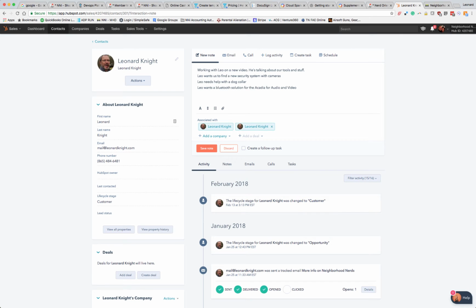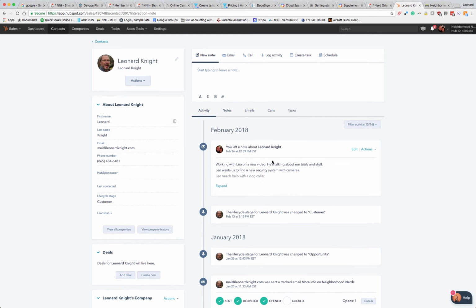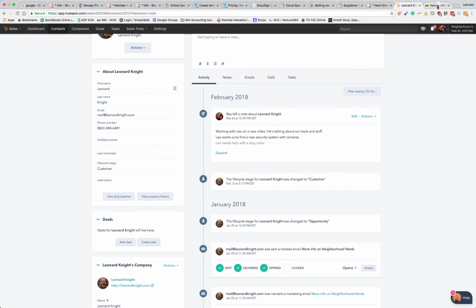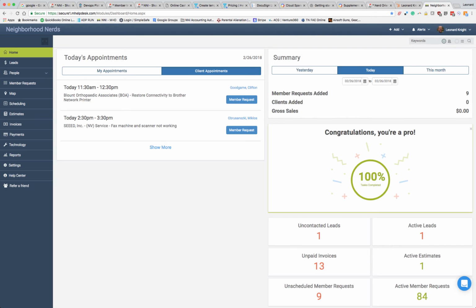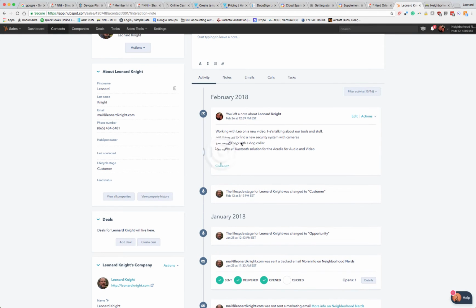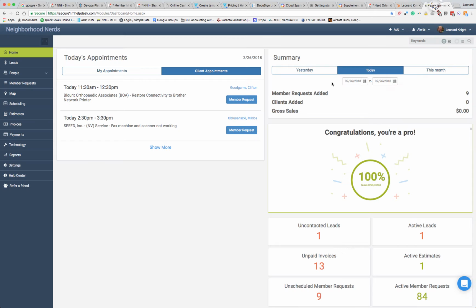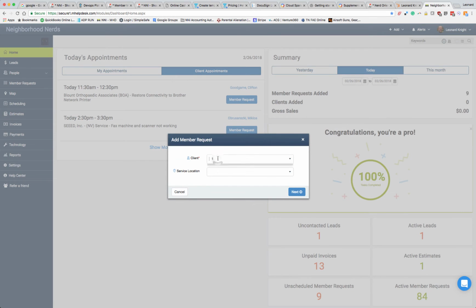You don't have to get distracted with setting up a member request, or all of that complicated stuff inside of help desk. You just write, record, all that jazz. Then you save this note whenever you're done with talking to the member. Now you go over and you can create a support ticket from these things that are in here. So anything that you thought should be a support ticket, you can go over and create a new one. So you can create a new member request here, not support ticket, sorry, member request, and put in the client information